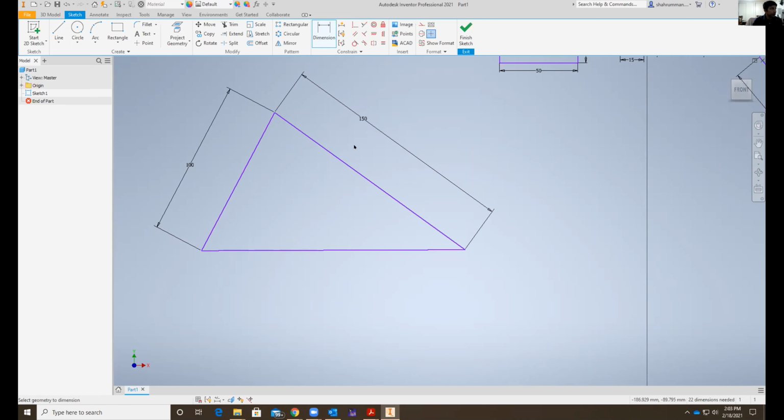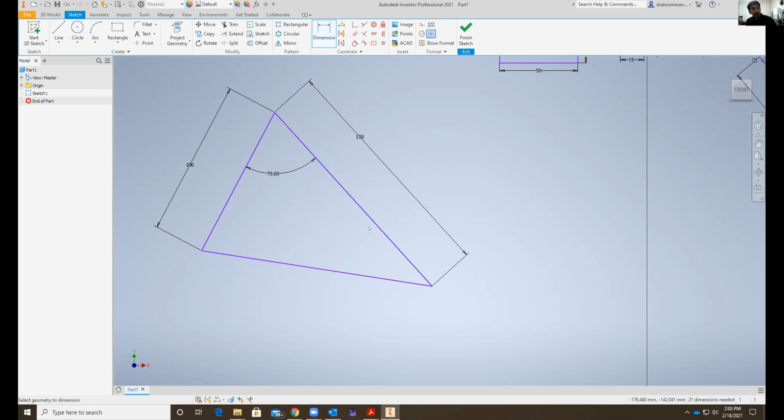Yes, just 150. So this is 100, this is 150. Now I want to make this angle between these two sides maybe 70. Okay. Now, if I want to change this length, click and click,